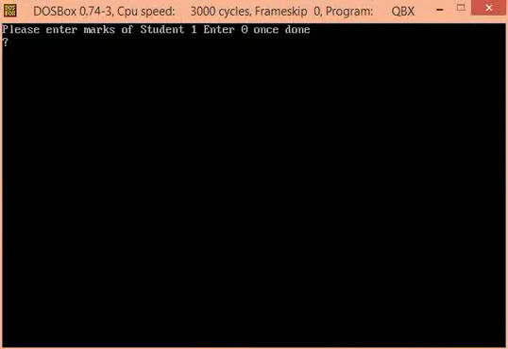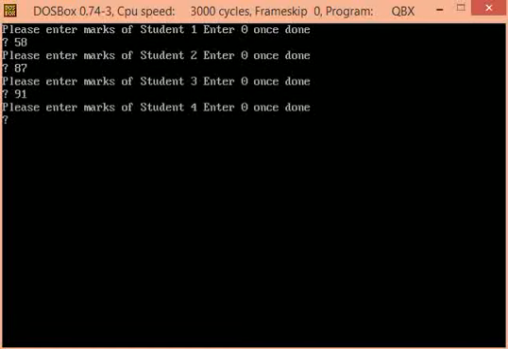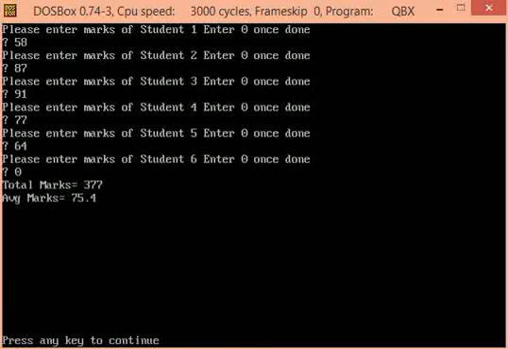We will input the marks for 5 students: 58, 87, 91, 77, 64. And to stop, we will enter 0. As you can see, it printed the average, which looks correct. You can calculate it if you want.